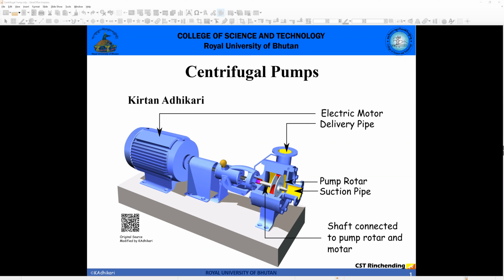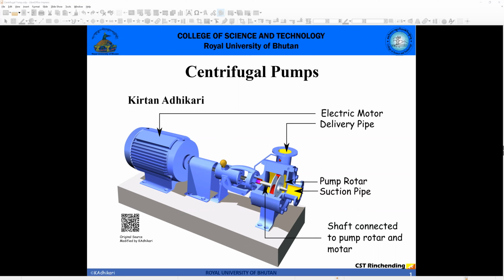So in the first slide you can see there is an image of a pump. This section is the pump, and a motor is required to operate a pump. This is the motor, an electric motor, which has the mechanism that makes the shaft rotate. The shaft makes the impeller rotate, and when the impeller rotates, it exerts a centrifugal force, thereby increasing the pressure energy, and